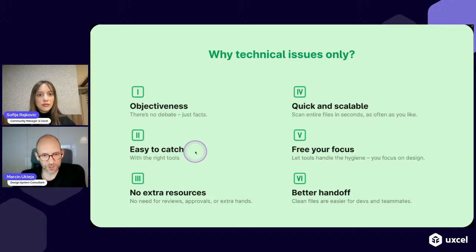They are easy to catch. They are easy to catch with the right tools because they are simply simpler. So there are some basic rules that allow us to find them. We'll see how to find them. Not all of them will be easy to catch, but we'll have tools to do that. We don't need extra resources to check our files for technical issues, mostly. And in comparison, for example, if you want to check if